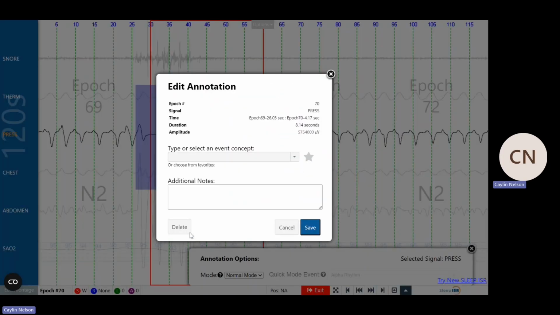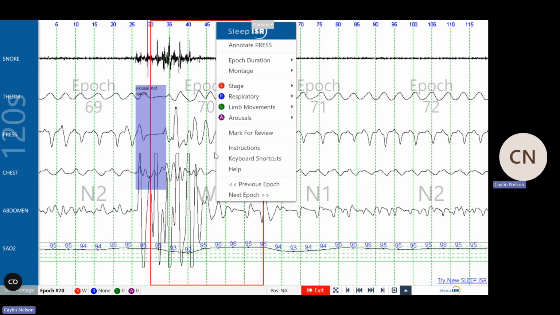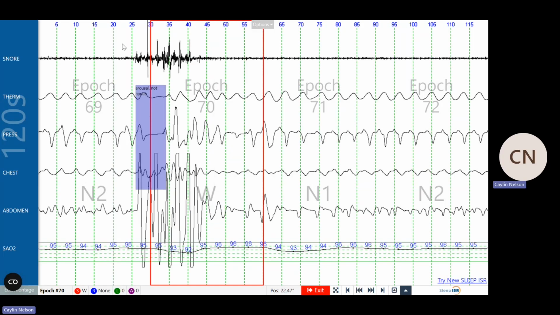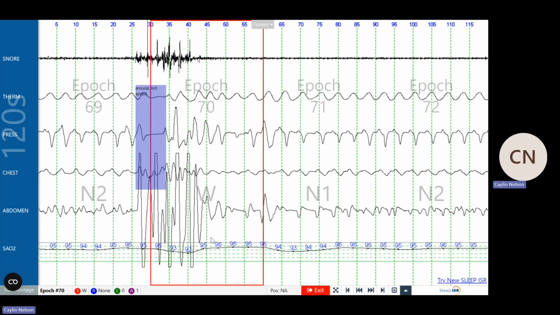So I'm going to highlight this to put in that there was an EEG arousal here. So since that was an arousal, it's not apnea. So we're going to continue on. So if that patient wasn't having any, I'm going to put 1 arousal there. Since it's between the 2 epochs in ISR, I will notate that there was an